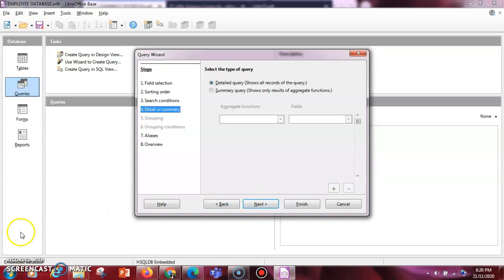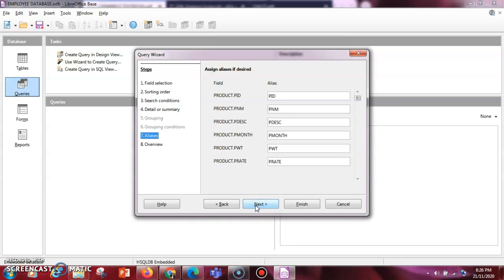Okay. So in this we are going to keep this option as it is, and we are going to click on the next button. Now it's time for aliases. Now if you want to replace the original field names with some new names, okay, if you want that, no, this name is wrong, I want to update it and make it a more modified name, there is an option where you can change the field names.